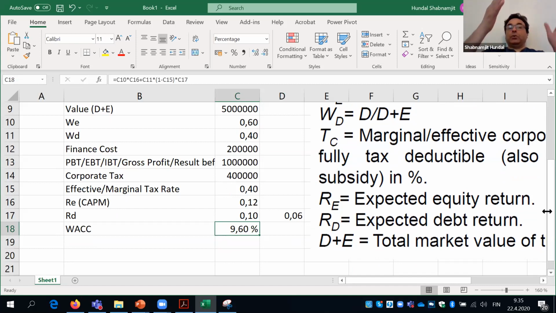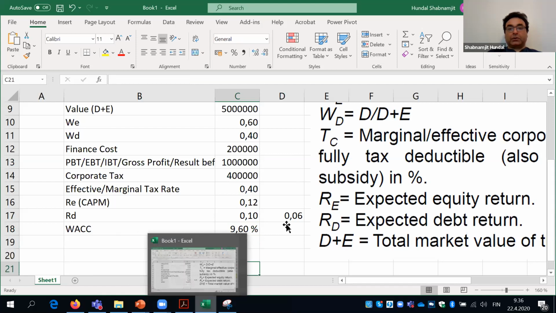And this you can calculate over many years. I think it can be a very good thesis topic for somebody: does the weighted average cost of capital have some relationship with the company's performance, or are companies growing, getting bigger, and what impact does that have on the weighted average cost of capital? Okay, so this could be food for thought. But coming back to your